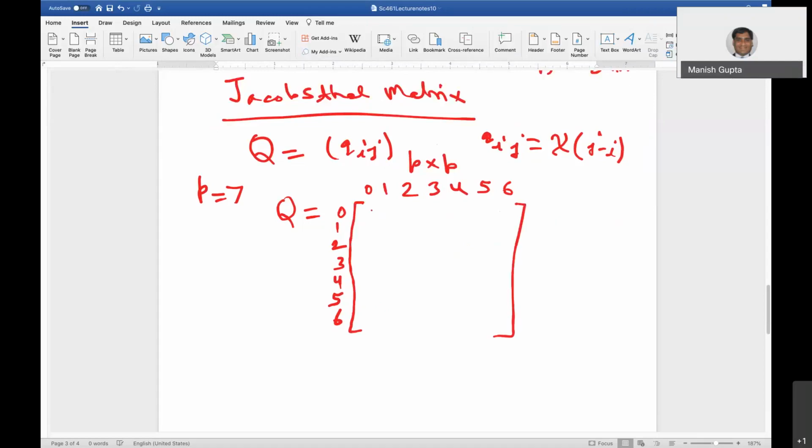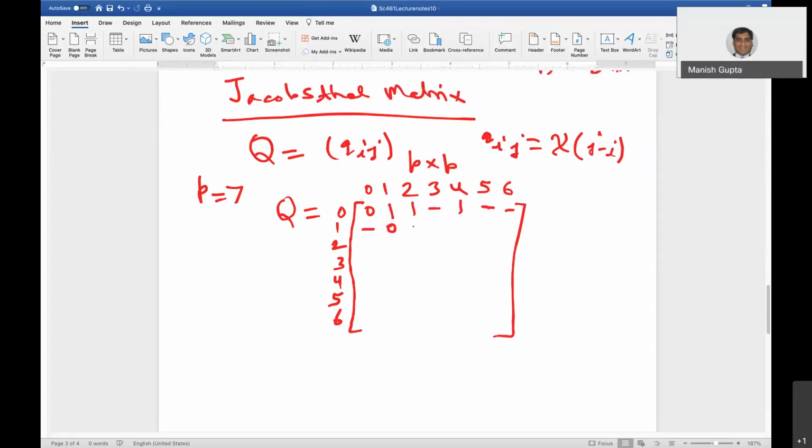So the first entry is 0. Second entry is 1, is a quadratic residue. 2 is a quadratic residue. 3 is a quadratic non-residue, so -1. 4 is a quadratic residue. 5 is a quadratic non-residue. Right? Then minus